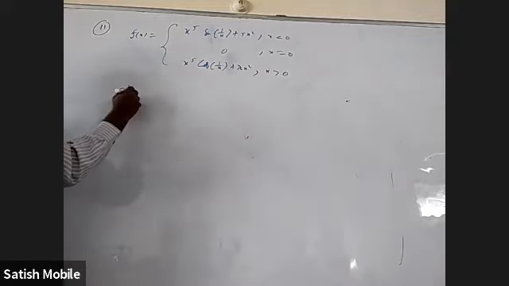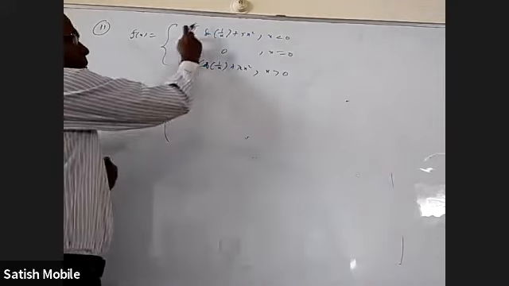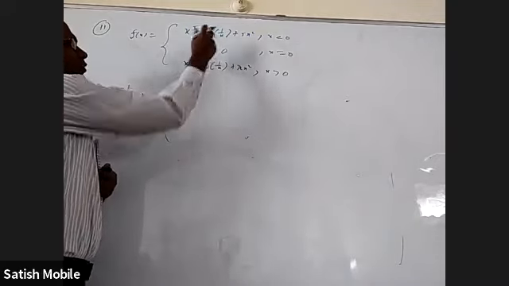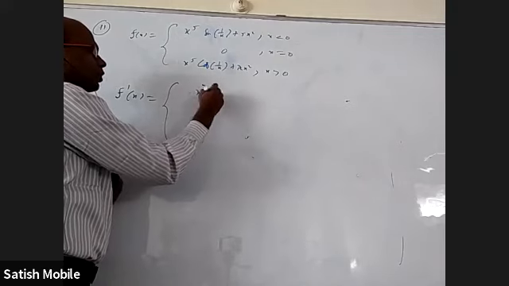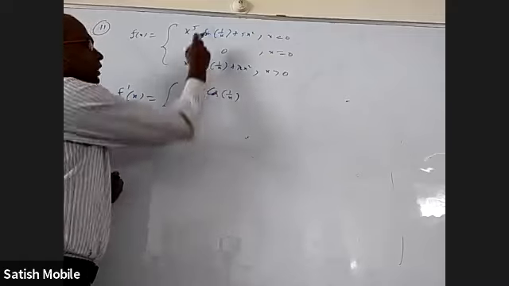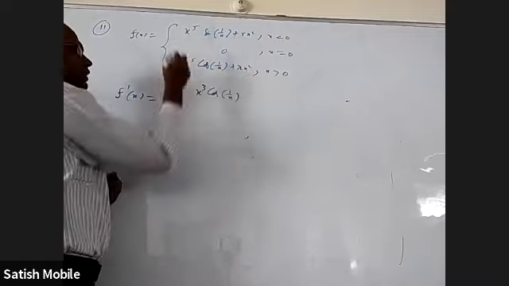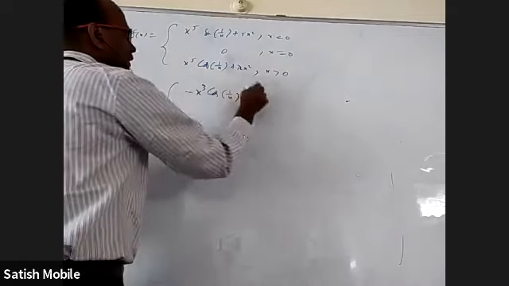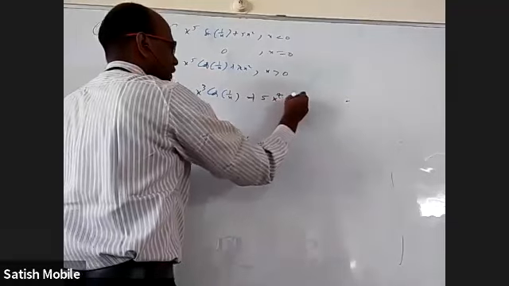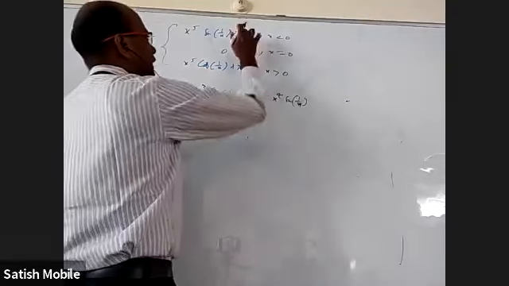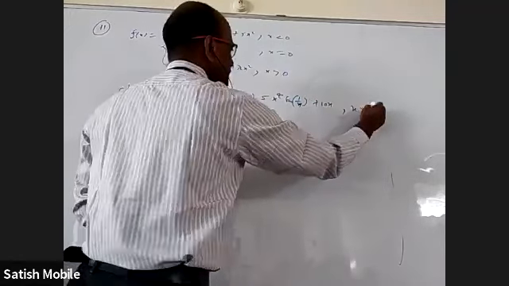F dash x, I'm going to write as a function. I'm going to apply product rule here. This into derivative of this is minus x, sorry, plus x cube cos 1 by x, because derivative of sin 1 by x is cos 1 by x, and 1 by x derivative is minus 1 by x square, which gets cancelled. I'll get a minus there. Next, this into derivative of this: 5x power 4 sin 1 by x, and derivative of 5x square is 10x. All this when x is greater than 0.